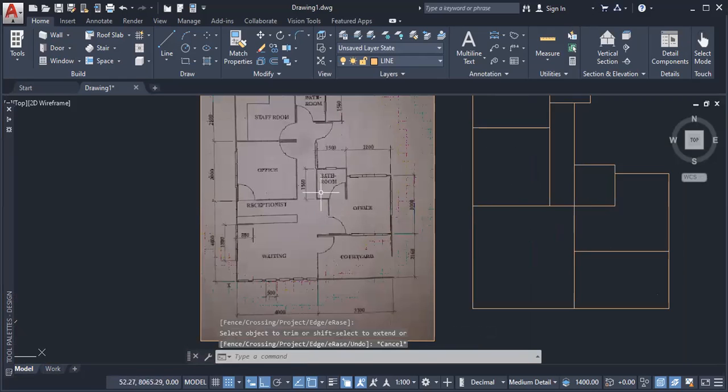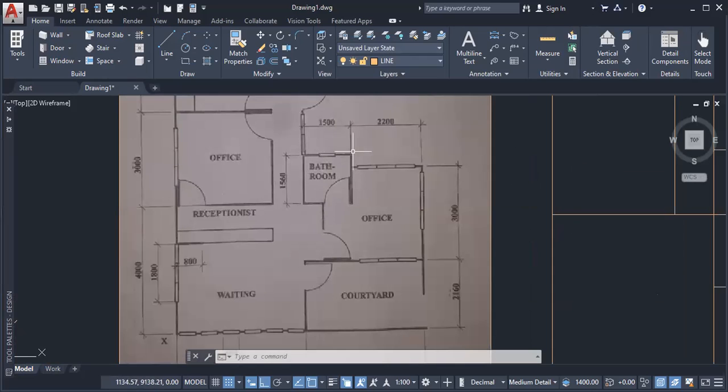Now, you would realize that there's a cutout here as well. There's a cutout here. They did not give us any dimension for that. In cases like those, you're expected to use your discretion. Now, if from here to here is 1,500, it means therefore that here seems to be about 700. This distance here seems to be about 700, and here is approximately 700. Or we could use the dimension for the door and subtract it from that. But for this, I will be using 700, as this seems to be less than half the distance there,